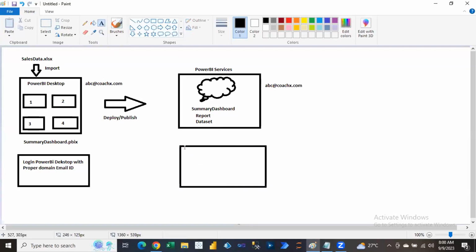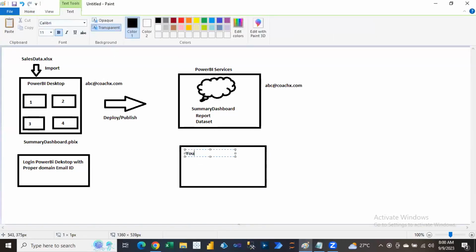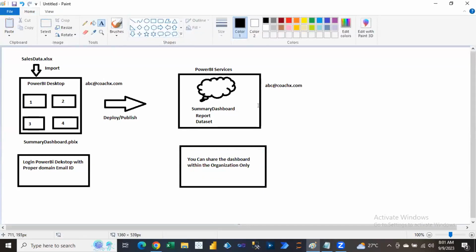Okay, you can share the dashboard within the organization only. Okay, what is the meaning of this, within the organization only? The meaning of this one is that those who are logged in through the same domain, with them only you can share this dashboard. Okay, so for example, I have logged in this Power BI desktop with the